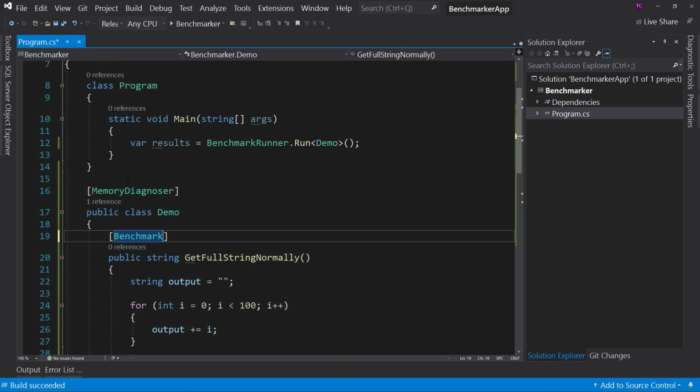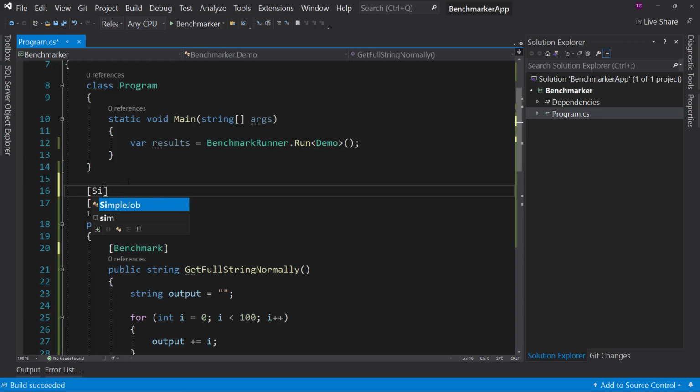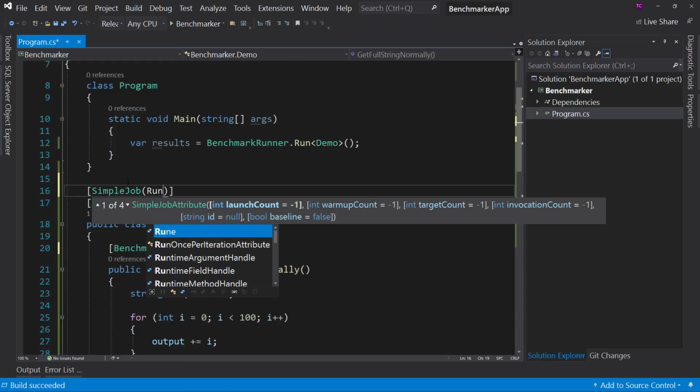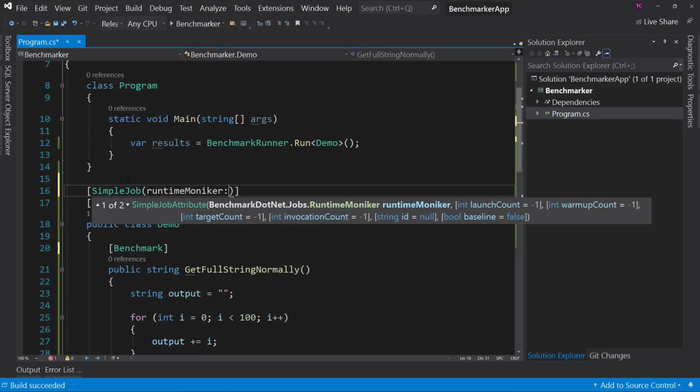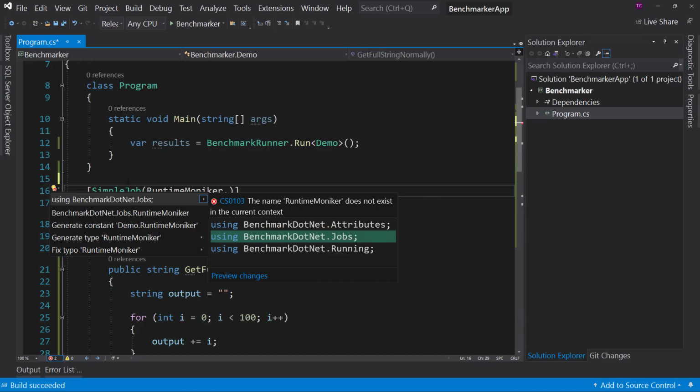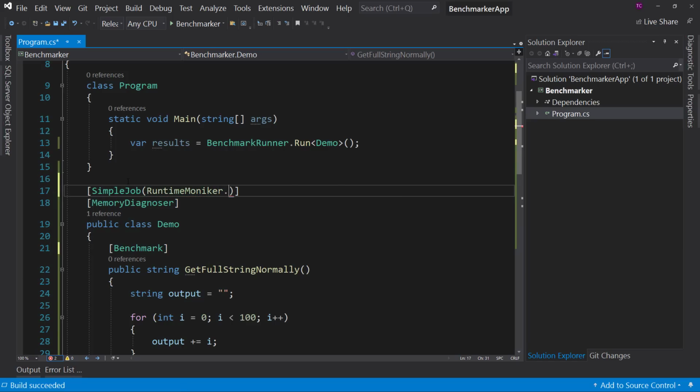What I'm going to do now is I'm going to say above MemoryDiagnoser, this is a SimpleJob with a RuntimeMoniker. And that runtime moniker is going to be, whoops, that's a capital R right there. Control dot here to add using BenchmarkDotNet.Jobs. And we're going to say, let's do net